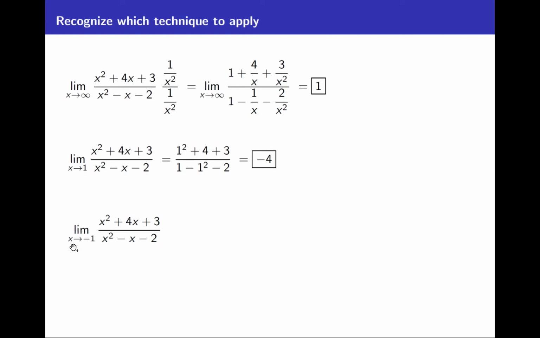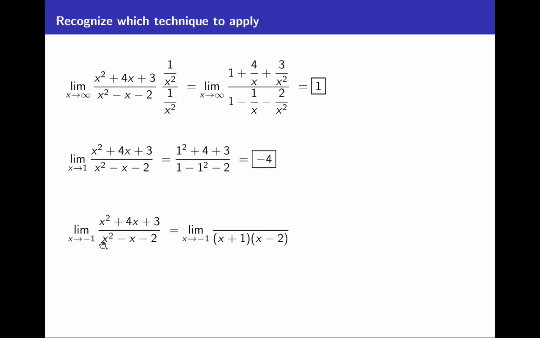What about the limit as x approaches minus 1 of x squared plus 4x plus 3 over x squared minus x minus 2? In this case, the denominator is approaching minus 1 squared minus minus 1 minus 2, and that's 0. The denominator is approaching 0, and also if you plug in negative 1 to the numerator, it's 0 too. So we're getting 0 divided by 0. So we know to apply the technique where we factor and try to knock out the term